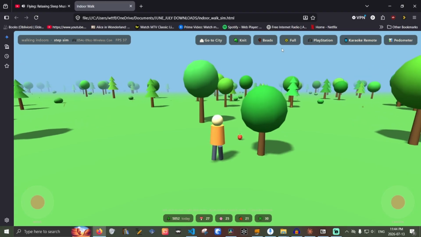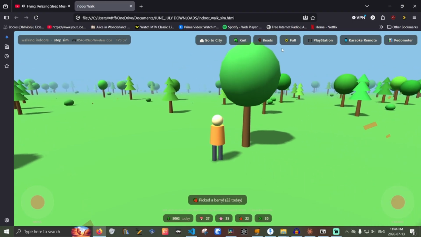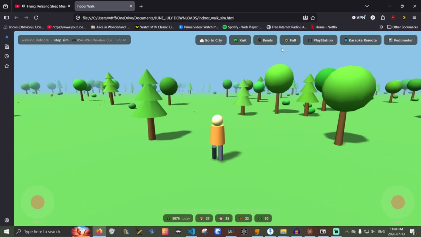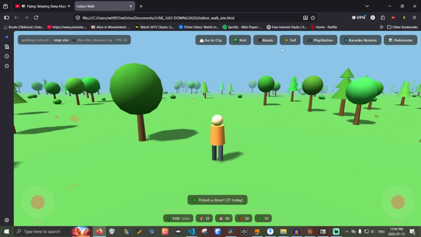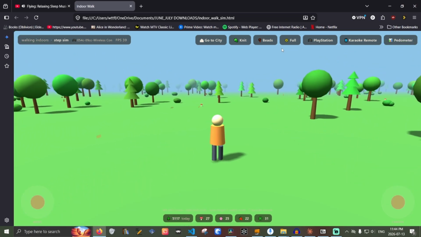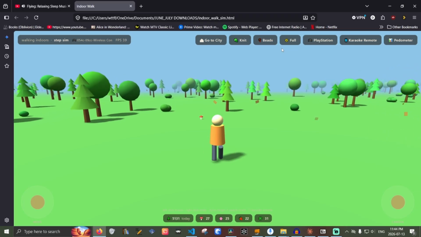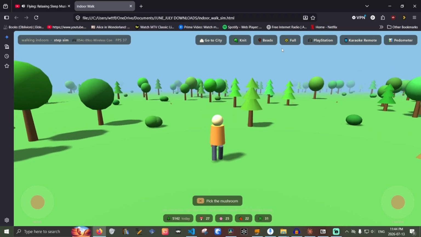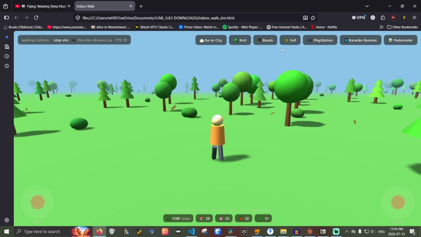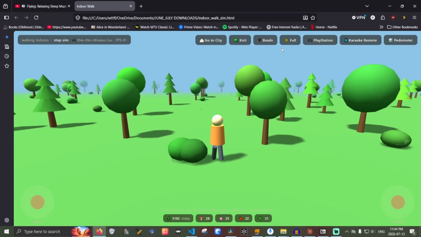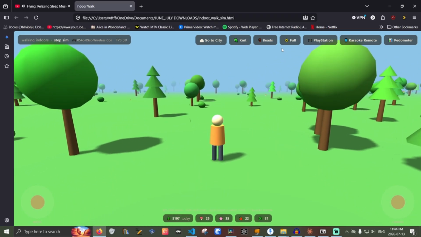And I think I see a clover in the distance over there. It's kind of hard to see the clovers because they blend in. Picked a clover, 31 today. And it shows the steps that you've done in the forest, separate from the ones you've done in the house. But you can add them together in the chart if you make a chart from the file